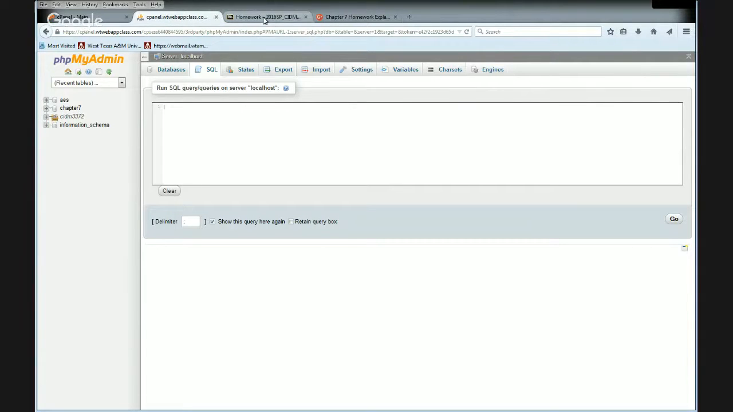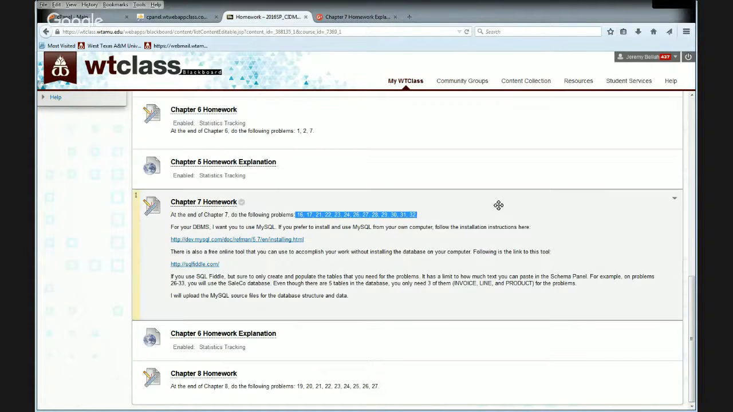So actually in the future of this class, I might make this more of kind of the standard for doing the SQL stuff. Set up a server here at WT and do it like that. So anyway, I'll just start in on the homework problems here. So 16